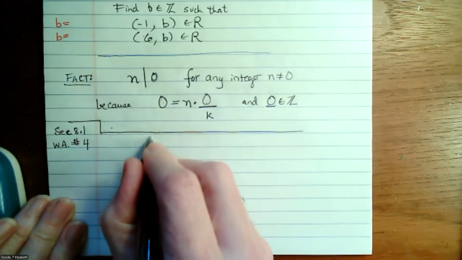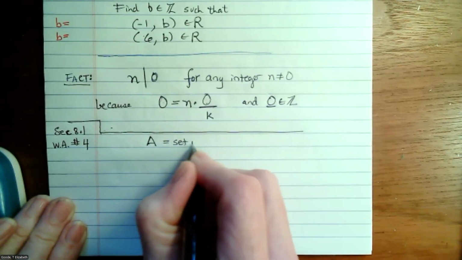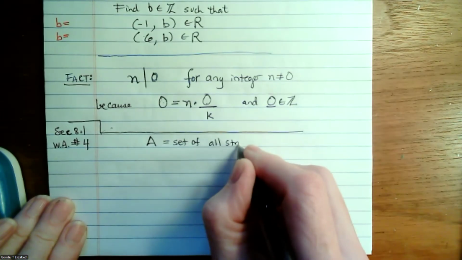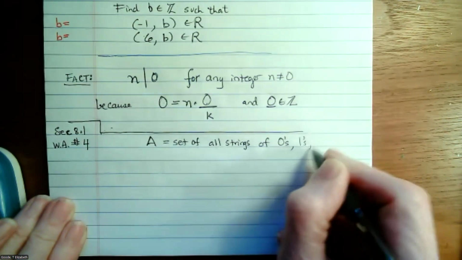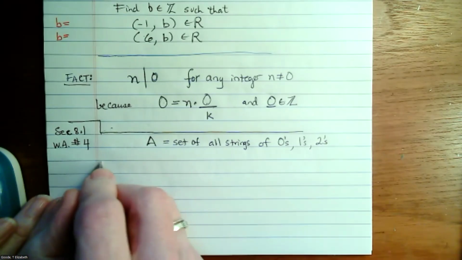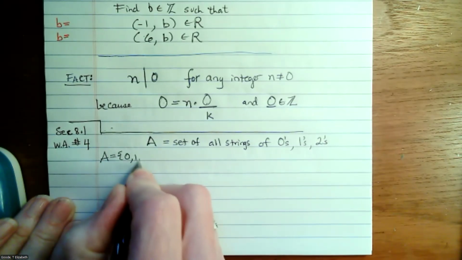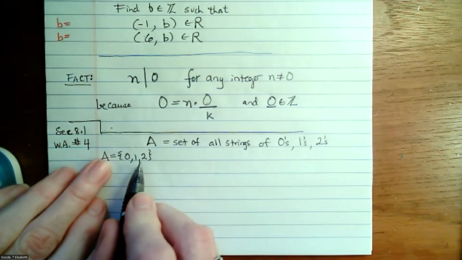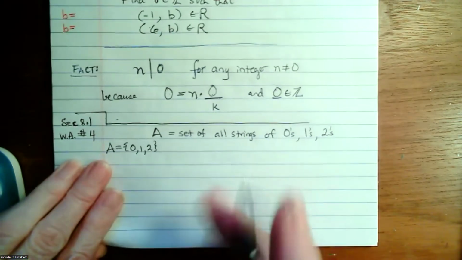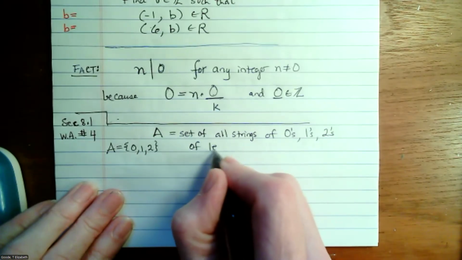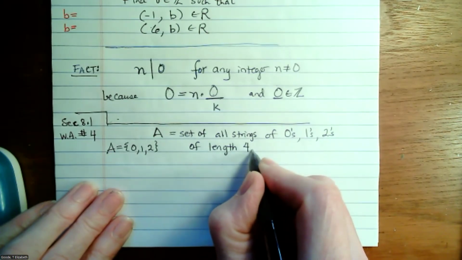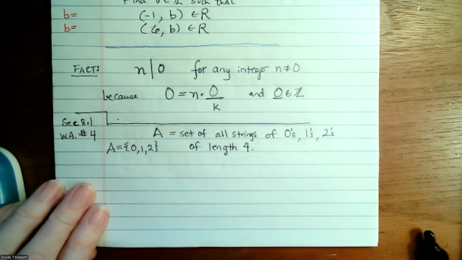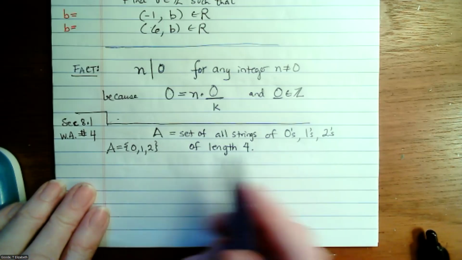It says A is the set of all strings of 0s, 1s, and 2s. A is called the alphabet. In other words, we're building strings using this alphabet, and that's why we call it A for alphabet. But here we're restricting ourselves to just look at strings of length 4. All right, so before we even go any further, let's just write down some of the strings, and then we can write down the whole